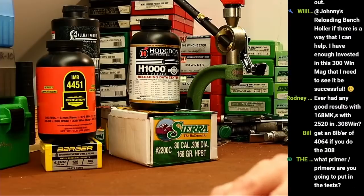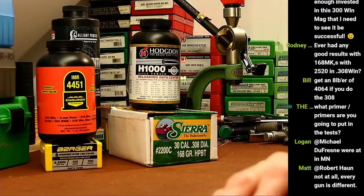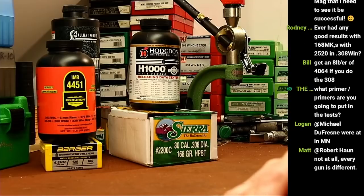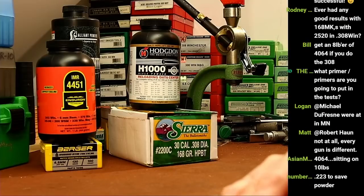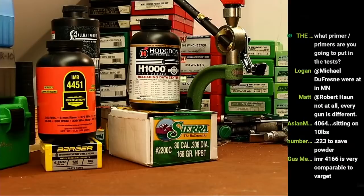Reloader 17? I'm trying to think, is there load data for Reloader 17 and 308? I was kind of thinking of the same thing about 4451. I was hoping Hodgdon may have some data. I mean, it's slow for the application, definitely, but...